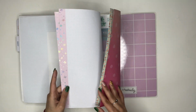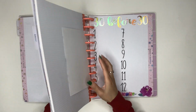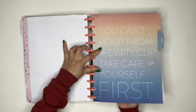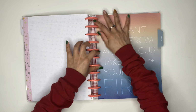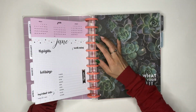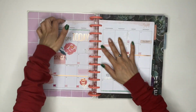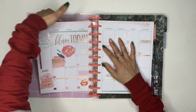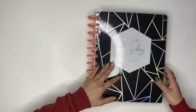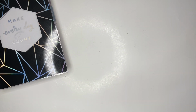Obviously, I didn't throw these away because I want to keep them just to look back. I don't throw away my planners when they're filled out, especially with the Happy Planner, because it works like a secondary scrapbook, because there's decorating and there's a little bit of memory keeping here and there. So I just keep those. So this is the chunk of the Happy Planner that I use for the year, but I also have